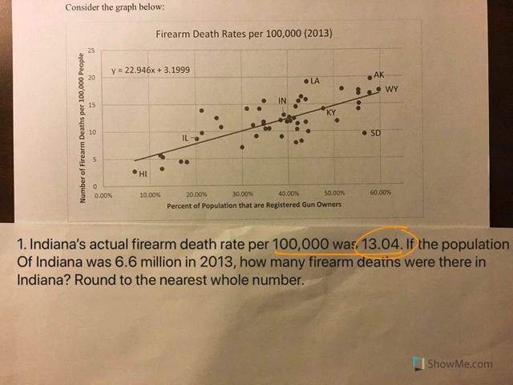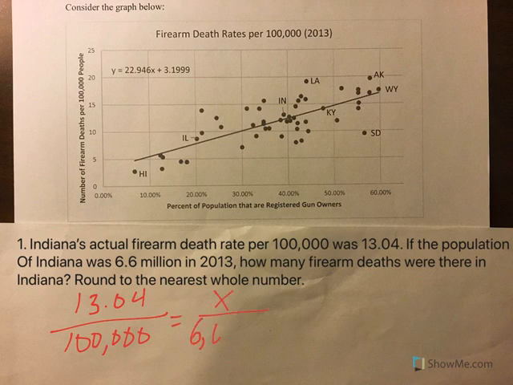Okay, so moving on. If the population was 6.6 million, how many firearm deaths were there? So we're talking about a proportion. If there's 13.04 out of 100,000, how many are there out of 6.6 million? Well, 6.6 million, remember, million means 6. So I want to move this decimal 6 places, and that gives me 5 zeros. So I'm going to cross multiply and divide, and we end up with an answer of